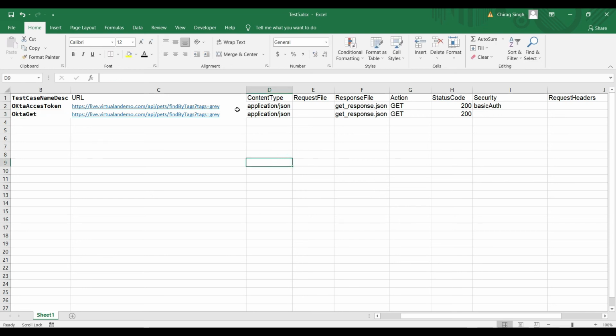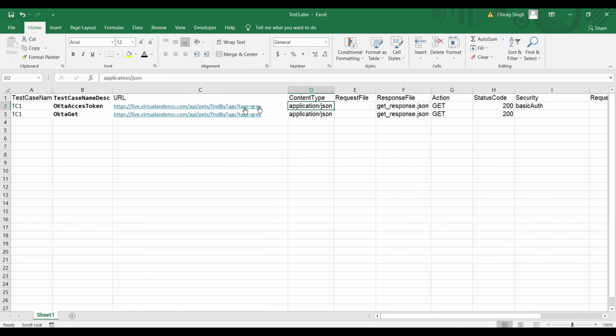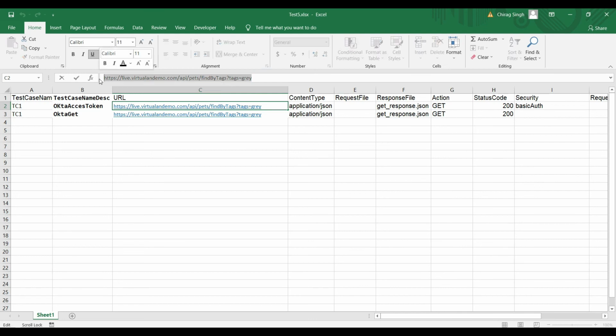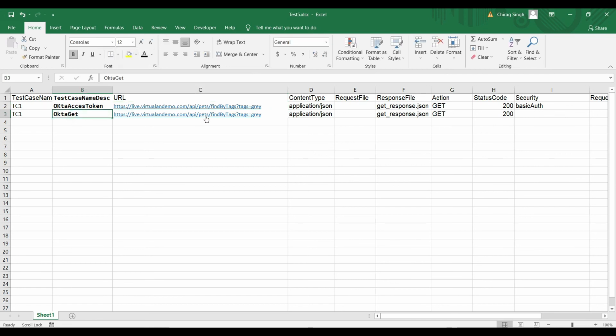Suppose there is an Okta URL here, where by hitting this we get the access token, and this is the main URL where we get the data.